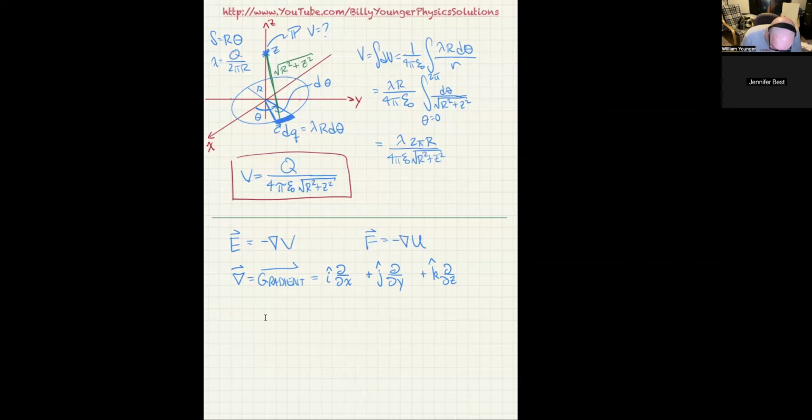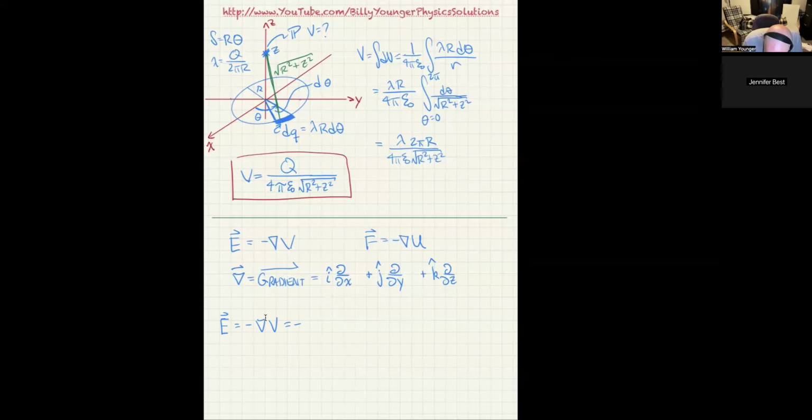We're almost out of time, but that's good because we can use this now quickly to show you what the electric field would be for this, and you'll see that it agrees with what we calculated earlier in chapter 21 using Coulomb's law. So E is equal to the negative gradient of V, so that's going to be the negative. In this case, you can see that the electric potential that we have in the red box above only depends on z.